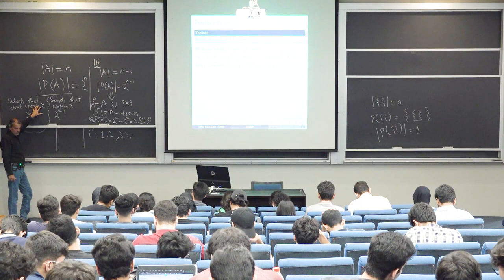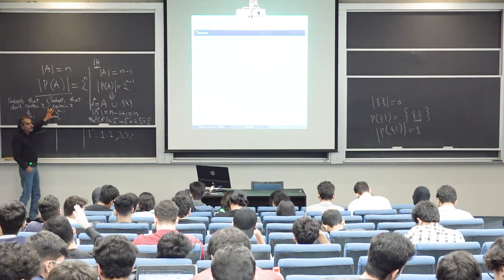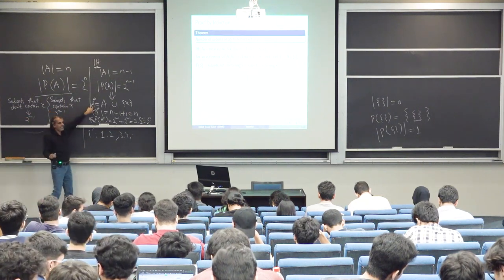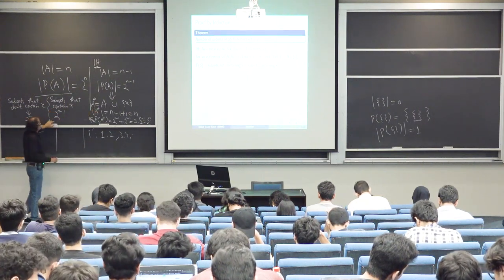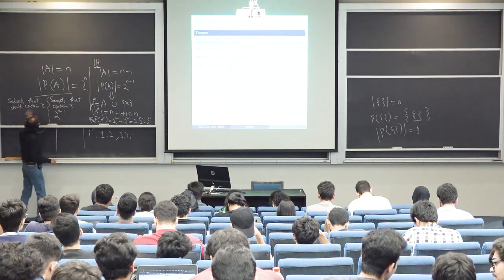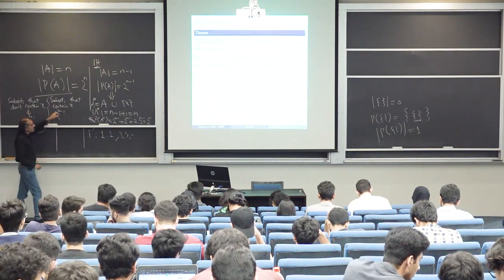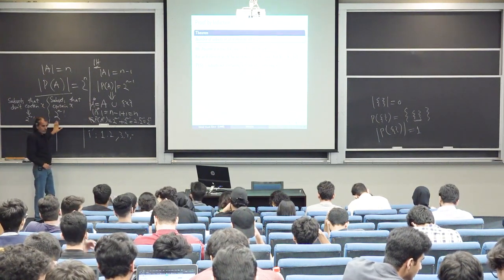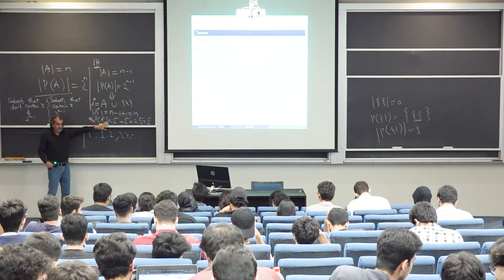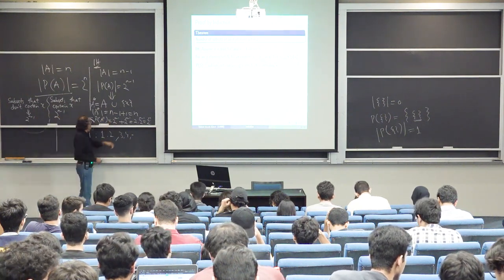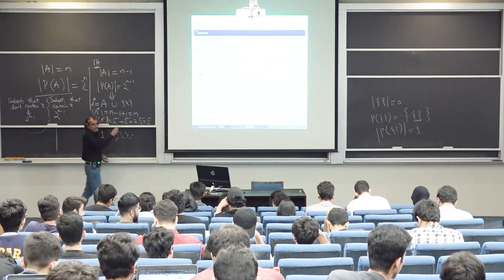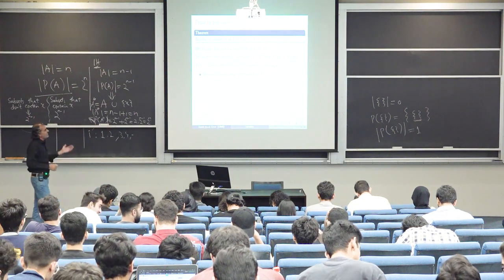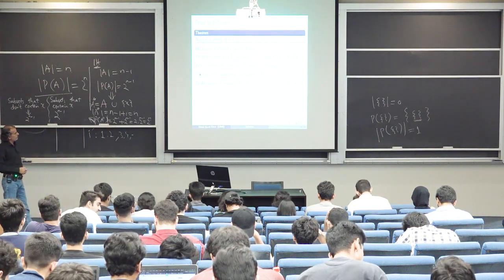They do not contain X. So what is the number of new possible subsets which you can generate out of it? There is only one new element which has been added in A prime. So whatever the possibilities are, they remain exactly the same. In all those subsets we just insert X, the new element, and the count remains the same. Both of them are part of the power set of A prime. So we add up their cardinalities and end up with 2 raised to the power n. So if you look over here quickly, it more or less says the same thing, right? What we have done on the board.